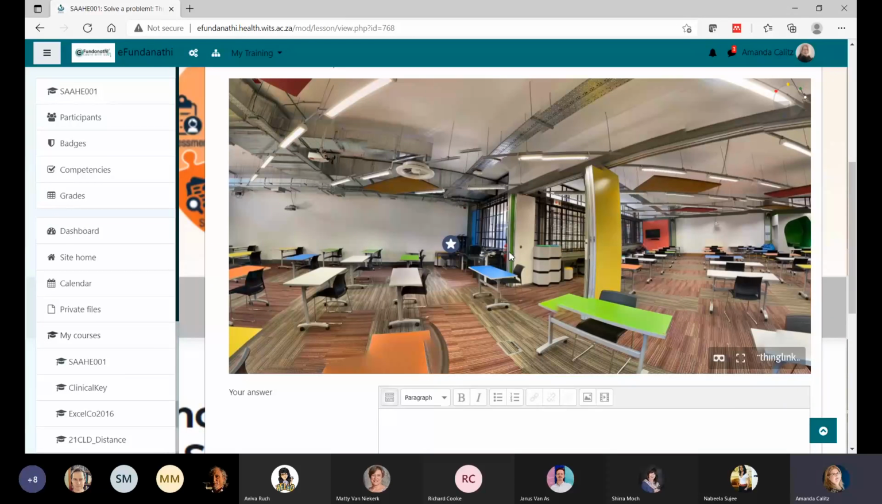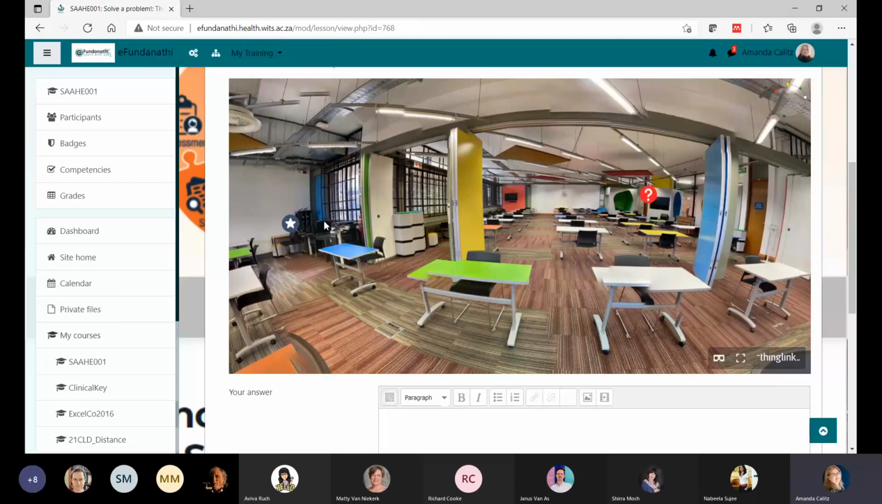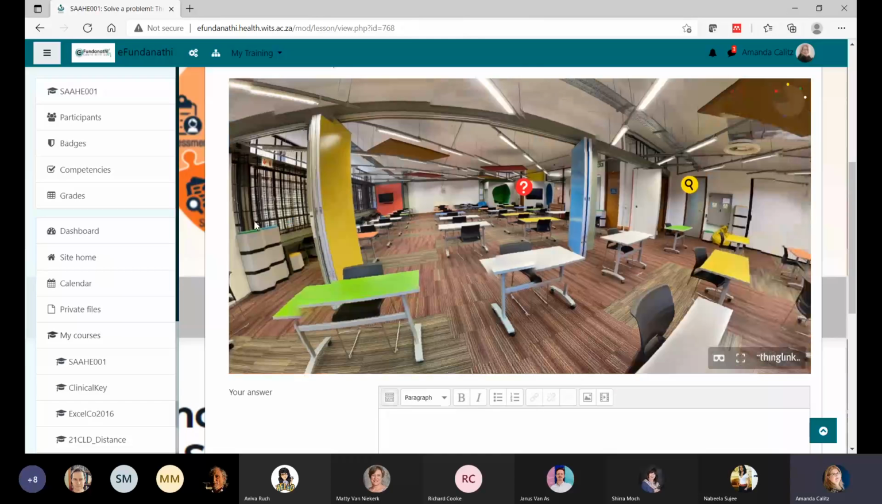So this is a very nice app to use, and I think in health sciences we can use it a lot more. Is there anybody here that has used this app before? Okay, so